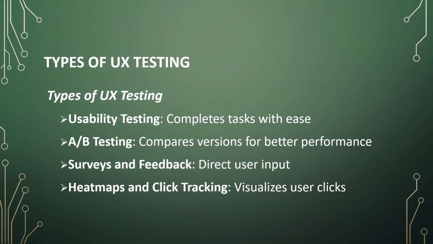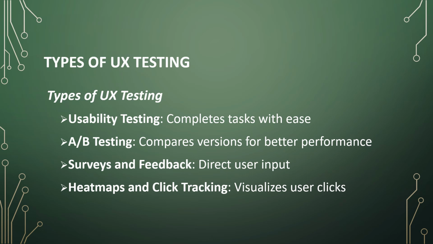There are various types of UX testing to consider, each offering unique insights. Usability testing observes how easily users can complete specific tasks and identifies points of friction. A/B testing compares two versions of a page or feature to see which performs better in terms of user engagement or conversion. Surveys and feedback collects direct input from users about their experience, helping you understand user sentiment and